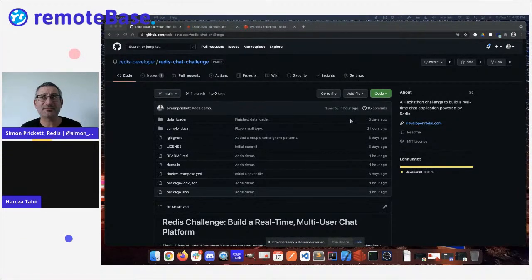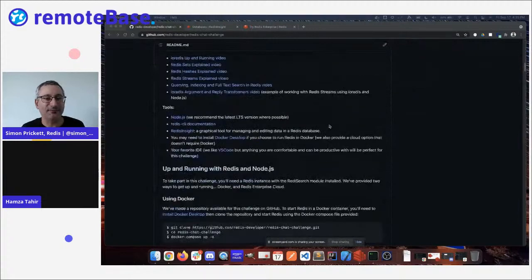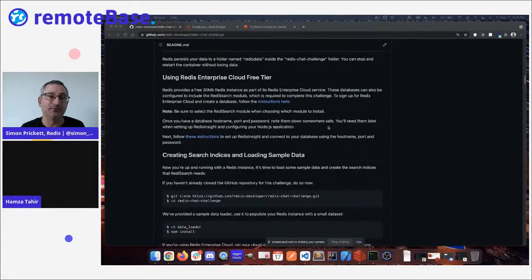So to help you be successful and get you set up quickly with this, we've created a pretty complete GitHub repo that contains a Docker Compose file for setting up with Redis and the Redis Search module that we'll use, and I'll cover what that does in a minute. And also instructions for how to sign up for our cloud service if you want to do it on there